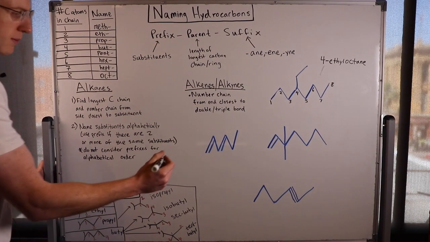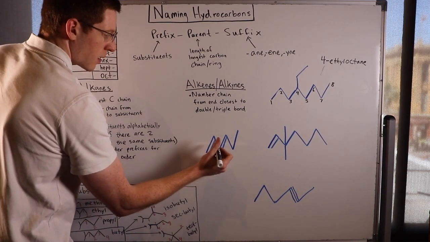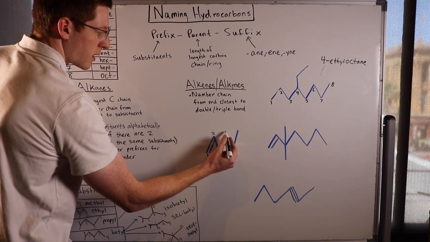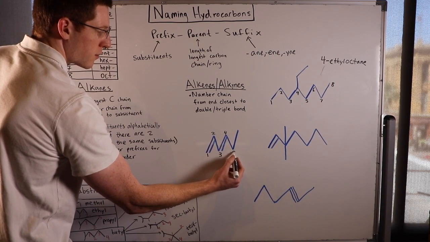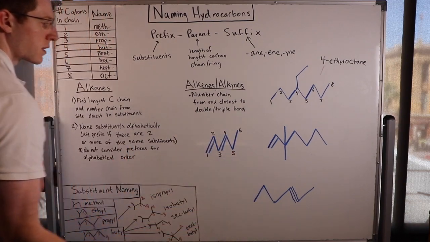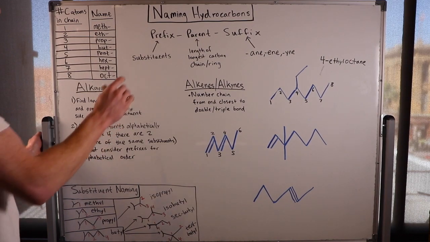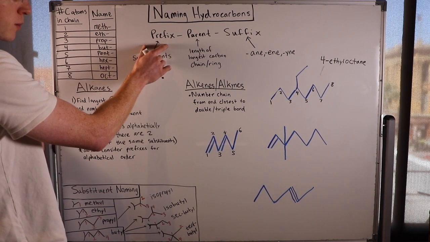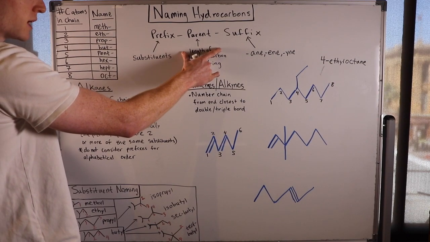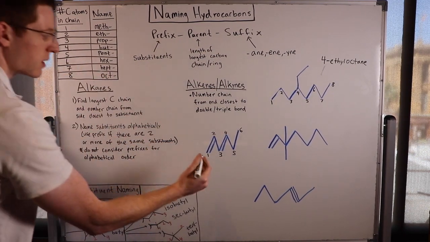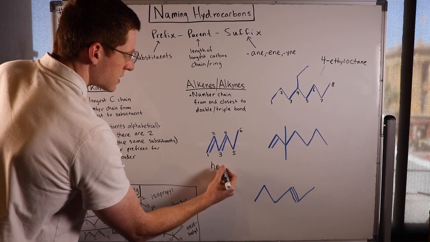And we want to start numbering from the end closest to the double bond. So we'll start numbering from that end. 5, 6. So when you have 2 double bonds, you actually have to do something interesting. So we don't have any substituents, so we won't have a prefix. We know the parent is going to be 6 carbons, so hex. So you would think hexene,